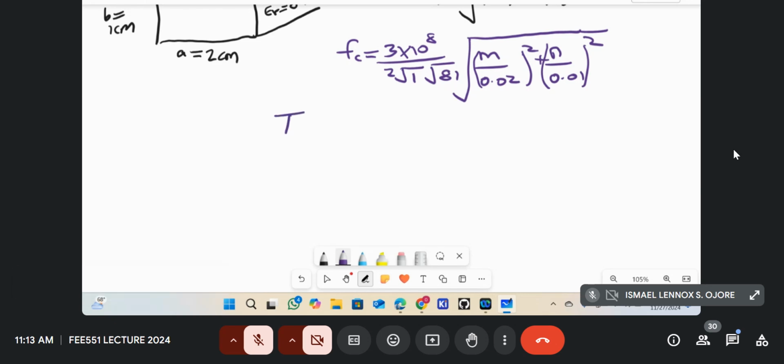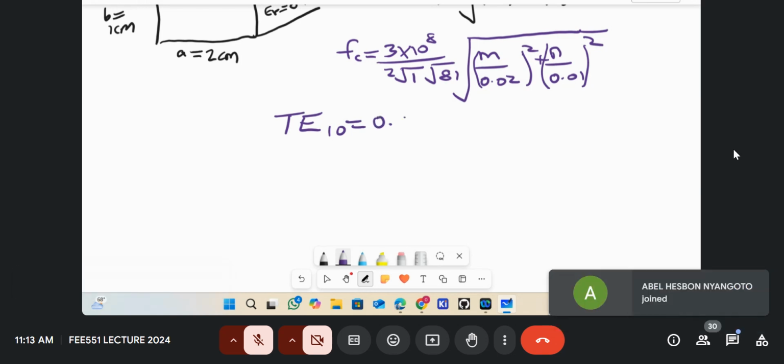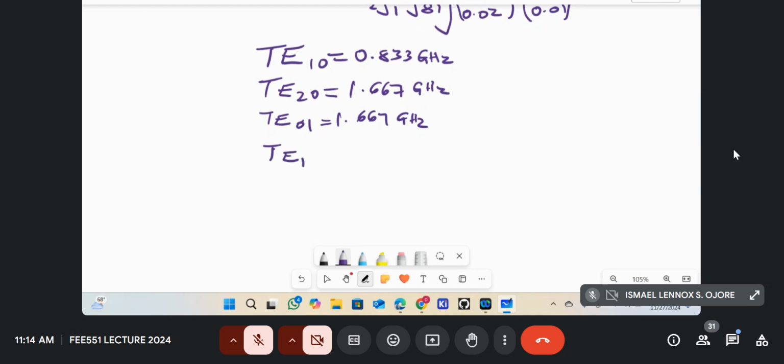The first 8, starting with the dominant, will be TE10 at 0.833 gigahertz, then TE20 at 1.667, then TE01 at 1.667, then TE11, which will be the same as TM11, at 1.863,